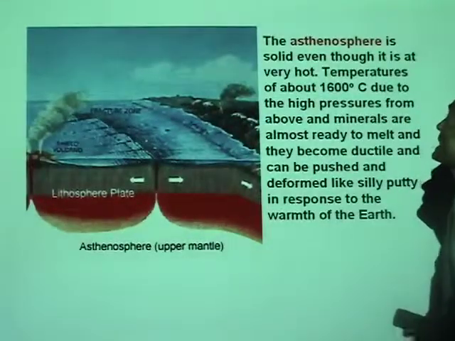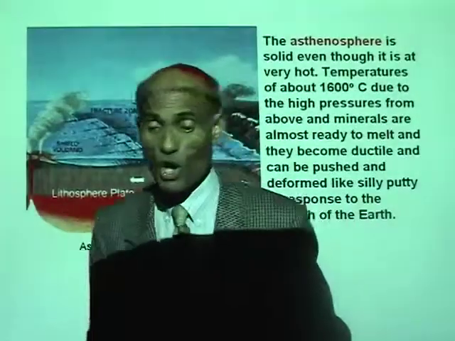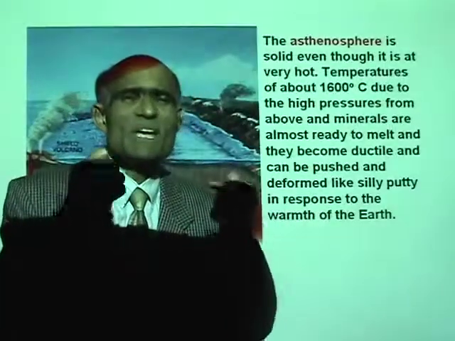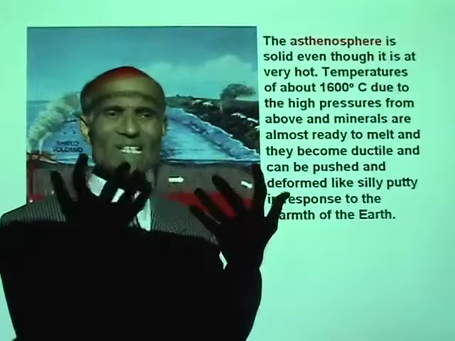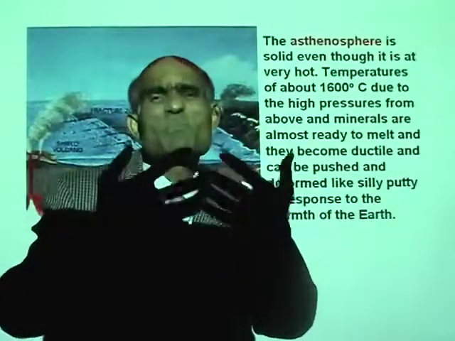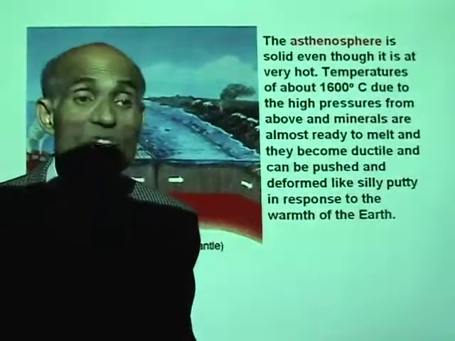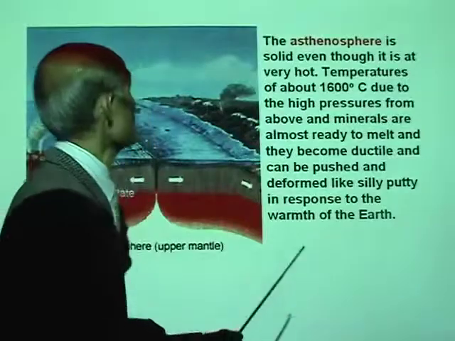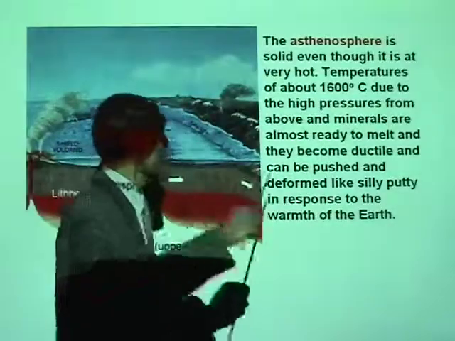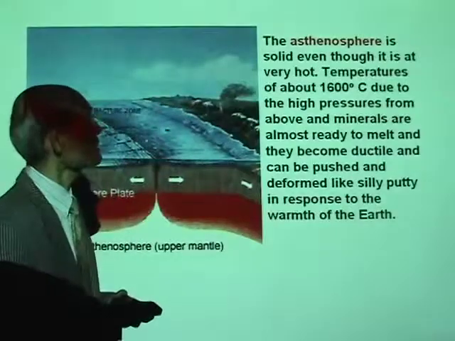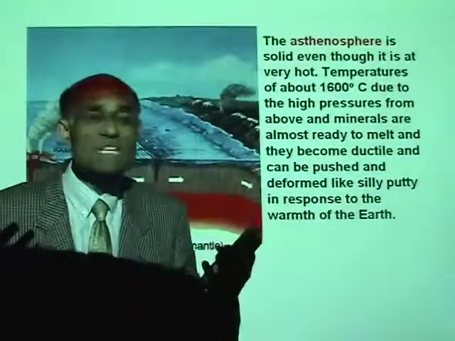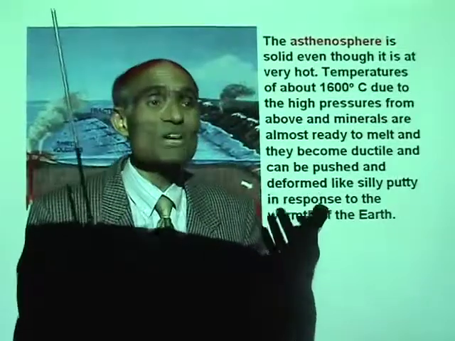Now the asthenosphere is solid even though it is very hot. You see, when you heat a solid to a very high temperature, it becomes almost a semi-solid, not quite a liquid, but you can shape it the way you want, or we say it is exhibiting plastic characteristics. Actually, that is what happens in the case of the upper mantle. So the asthenosphere is solid even though it is very hot. The temperature at the upper level is about 1600 degrees Celsius, and due to the high pressure from above, the minerals in that rock are really ready to melt